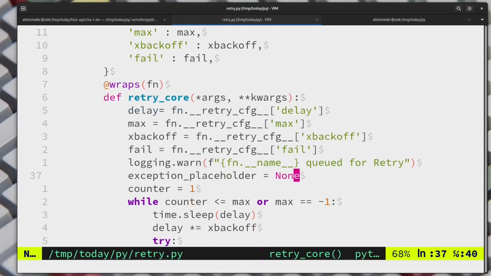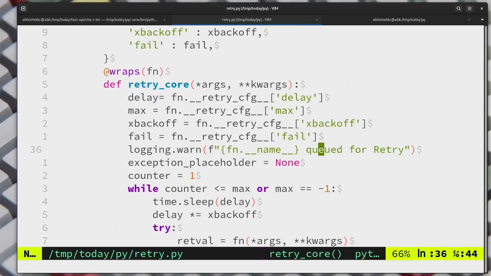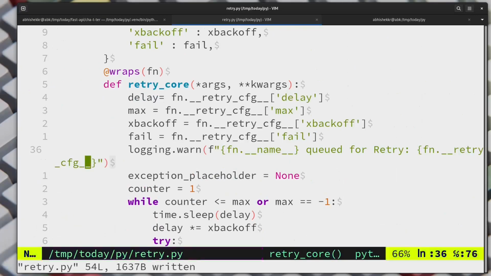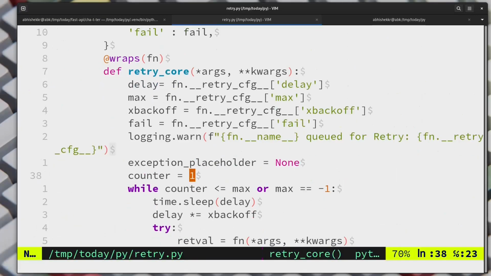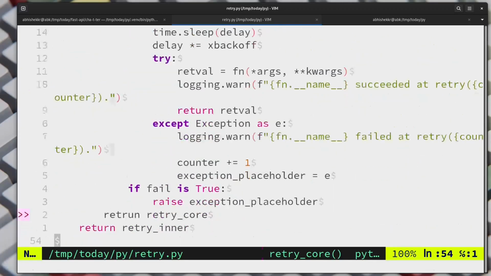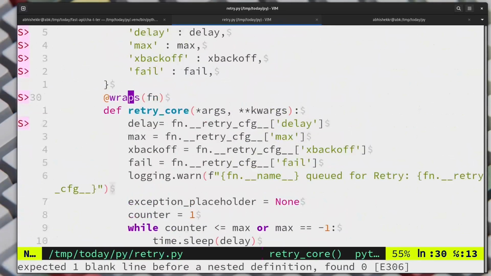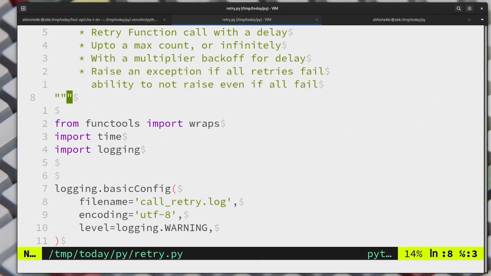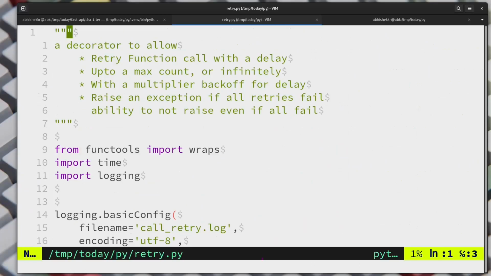Let's save it and give it a quick check. Nothing else is wrong. Let's add the logging of retry_cfg as well. Oh, let's correct this typo. Return. Now that it looks fine,